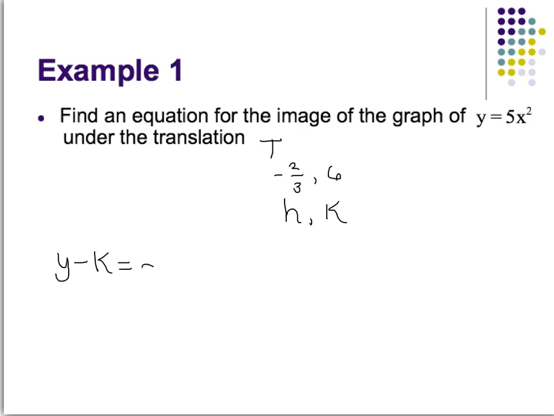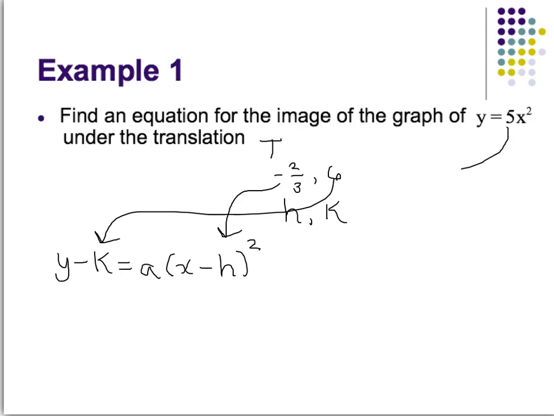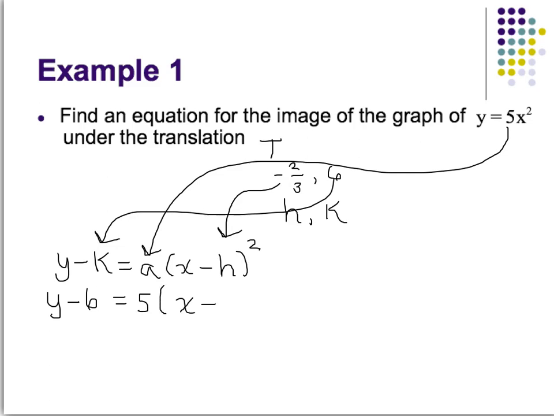So in our basic formula for vertex form, y minus k equals a times the quantity x minus h quantity squared, we're going to take this number negative 2/3 and plug it in for h, and this number 6 and plug it in for k. The a value, which is 5 in our equation, will remain the same. So our equation will be y minus 6 equals 5 times the quantity x minus negative 2/3, which is plus 2/3,